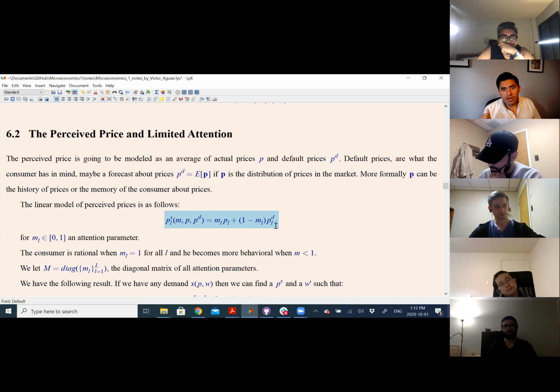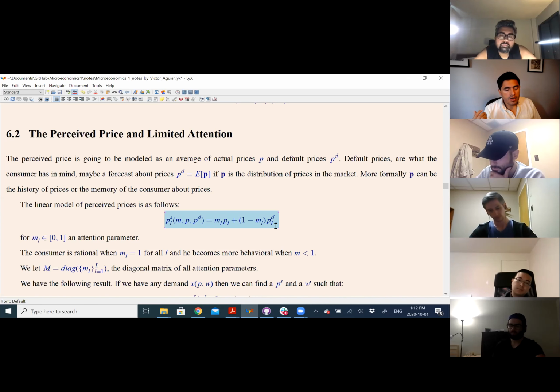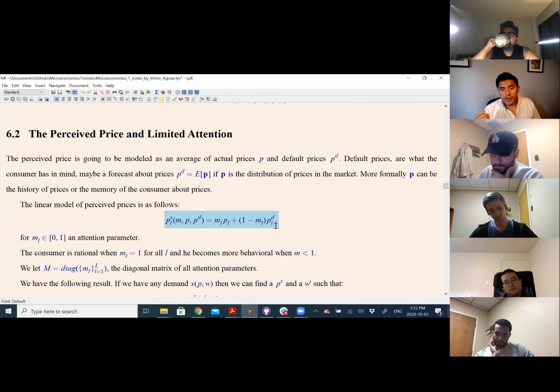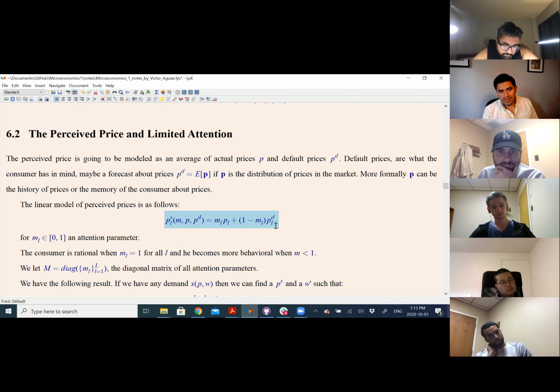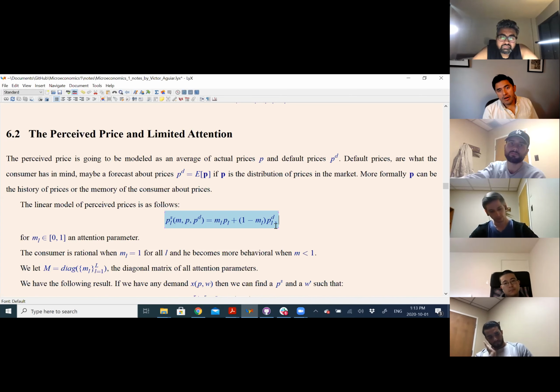And the actual price, that's the real state of the world. You have to use the current information you have, the prior, the default, and then update it given the information you gather from the world. In the end, you're going to see this is not necessarily Bayesian because this model is reduced form, but it is compatible with Bayesianism. We're going to do an example of Bayesianism that gives you this kind of model. But right now, this model is just given.